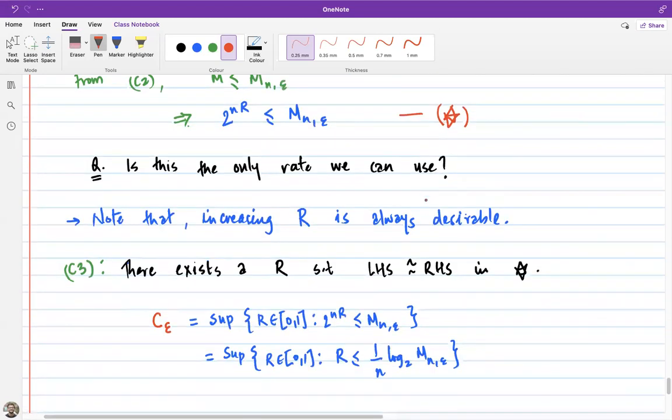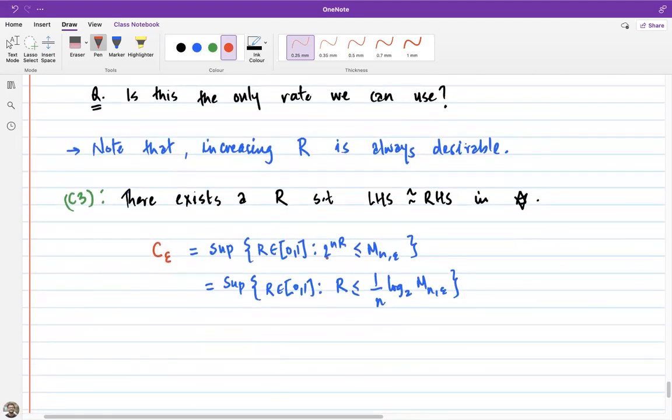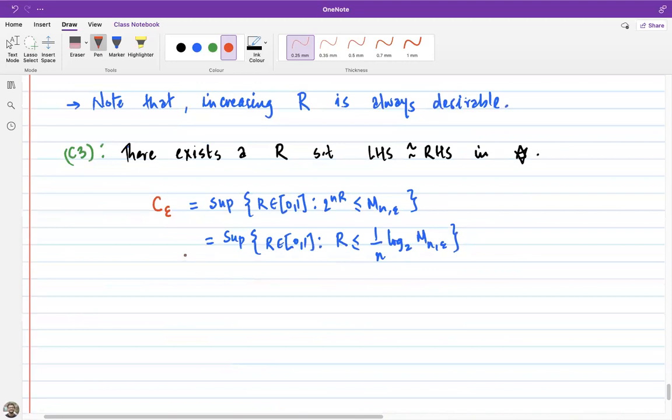If you do that, the value of the supremum also changes, because you can now accommodate different rates so as to satisfy this particular condition. So the entire quantity that you see actually depends on this. Okay,